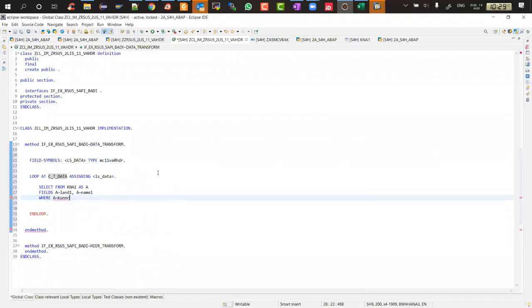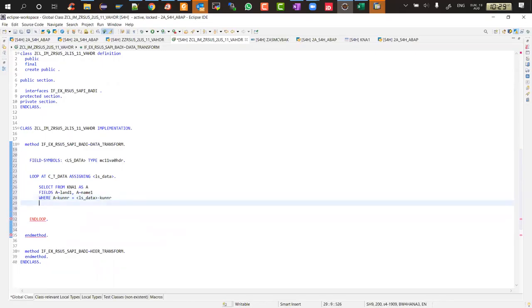A dot Kunnr equal to ls data, dash will come. Yeah, Devanshu. Hyphen. Yeah, correct. Okay, select from KNA1 as a, where I'm taking fields of land1, name1, where Kunnr is this,